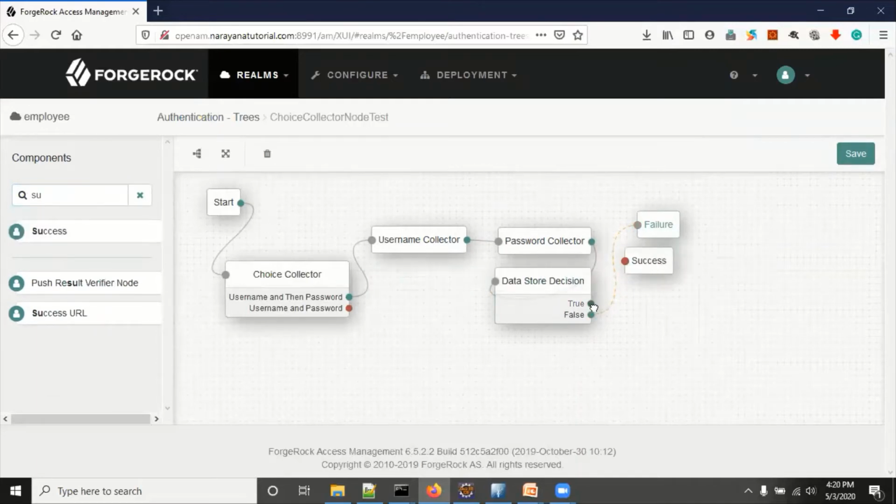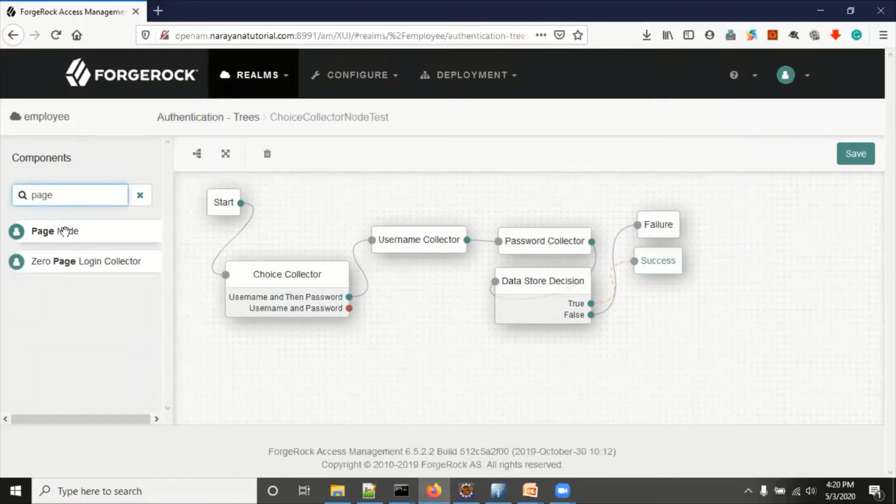If authentication is successful, drag to the success node. Here there is one more outcome, username and password. This is one more authentication flow.